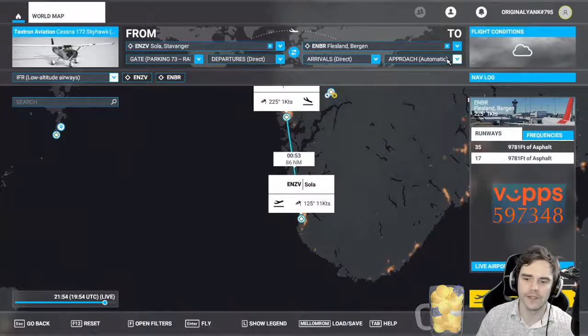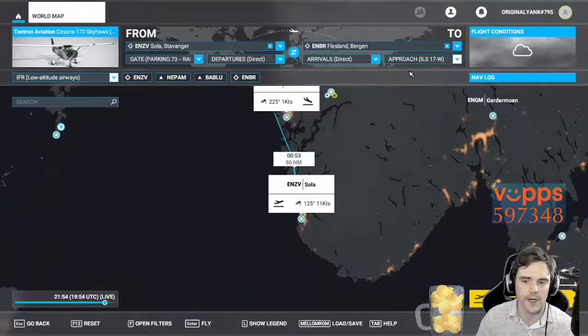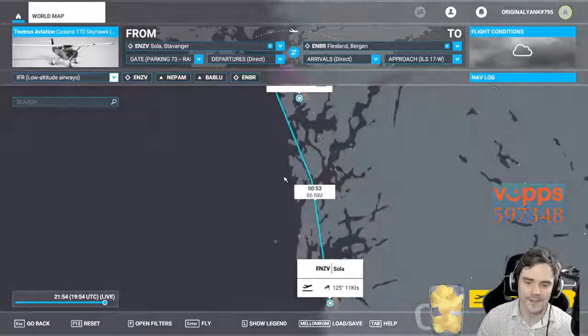I also want to switch from automatic approach to ILS 17 because I've had trouble, and if you are a flight simmer, let me know, but I've actually had problems with the automatic approach. When I arrive at an airport, if it's on automatic, ATC will route me around and around for hours, and I just won't be able to land. So I just basically defy ATC and land anyway. Because it's a flight sim, right? It's not real life. Okay, so this is our route,